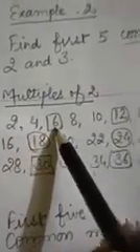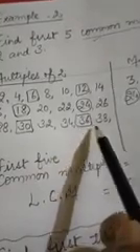Now see one more example relating to this. Find the first 5 common multiples of 2 and 3. Common multiples means firstly we will find out the multiples, and out of those multiples we will find out the common multiples. Firstly, we will write the multiples of 2. 2 ones are 2, 2 twos are 4, 2 threes are 6, 2 fours are 8, like this we will continue. And on the other side we will write the multiples of 3. 3 ones are 3, 3 twos are 6, 3 threes are 9, 3 fours are 12. And students, one more important thing: these multiples are endless. You can write these multiples up to the number you want.